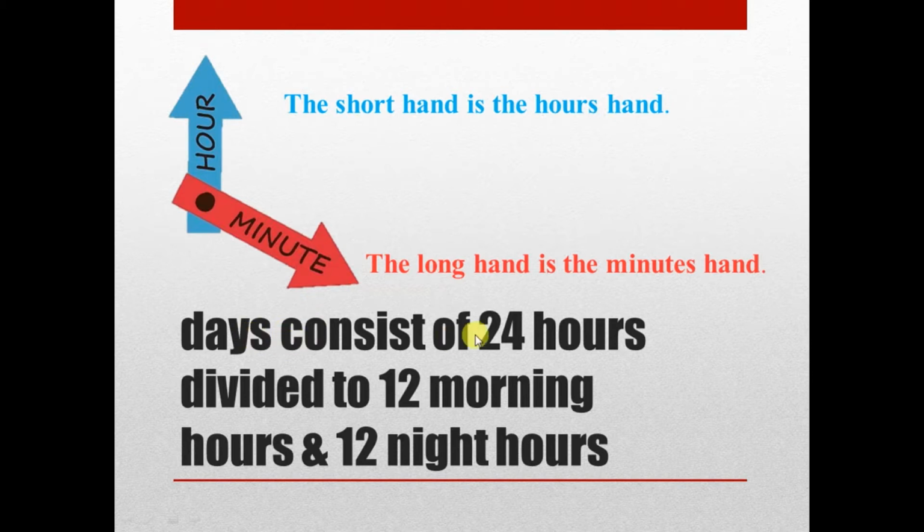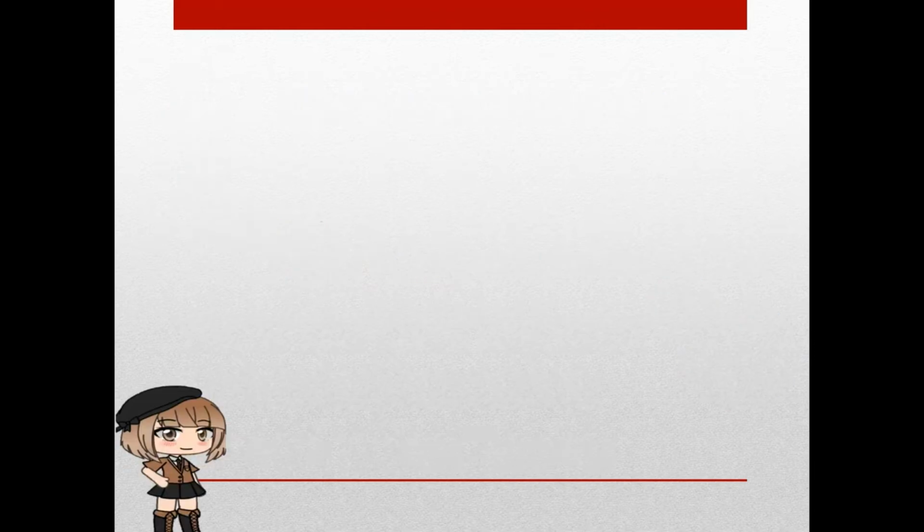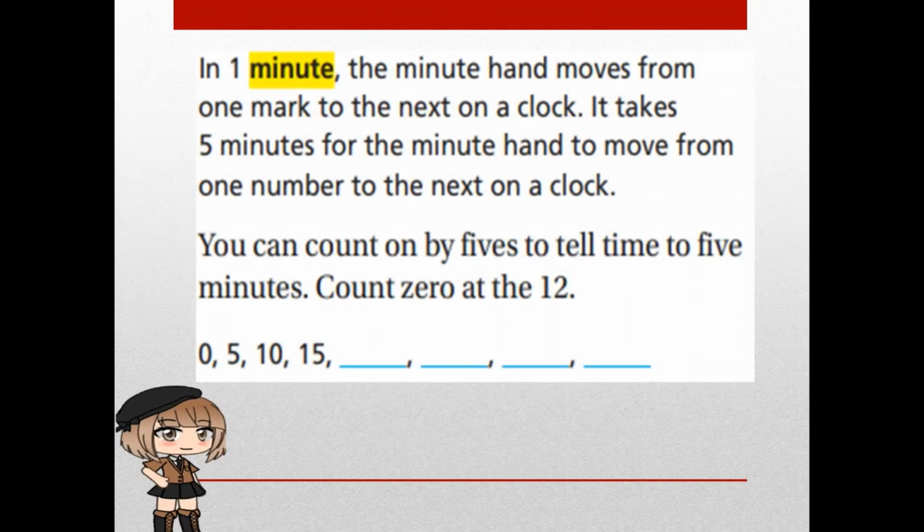Days consist of 24 hours divided to 12 morning hours, 12 night hours. So we have day and night, 12 and 12. That's why we have only 12 numbers in the clock. Each hour consists of 60 minutes. And we divide the 60 minutes into the 12 numbers in the clock that